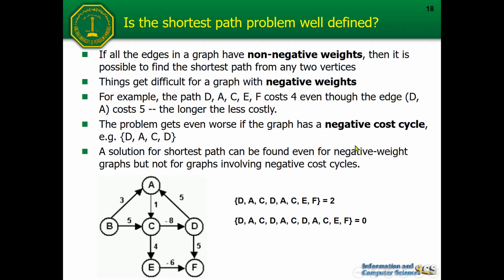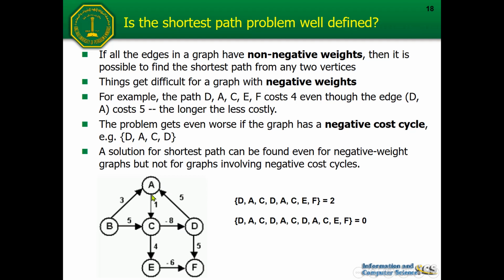But unfortunately, in many cases we need to modify the method to find the shortest path when we have a negative cost cycle. So now you have negative weight and you also have the negative cost cycle. Negative weight is like this, okay? The negative cost cycle is a path that is cyclic, and there is at least one negative weight in it. For example, this would be a negative cost cycle, okay? You can see that this is a cycle and we have one weight that is negative,